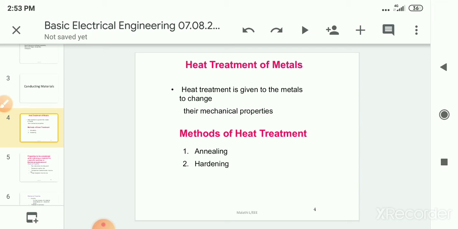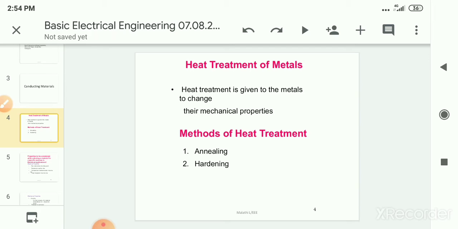So what is the difference between annealing and hardening? What we observed: in annealing, we predetermine the temperature and heat up to that temperature, but after heating we cool it very slowly. But in the case of hardening, we cool it very quickly. That is the basic difference between hardening and annealing. In the annealing process, the cooling is very slow, so it gives some smoothness to the material. It is much easier to cut, bend and shape.